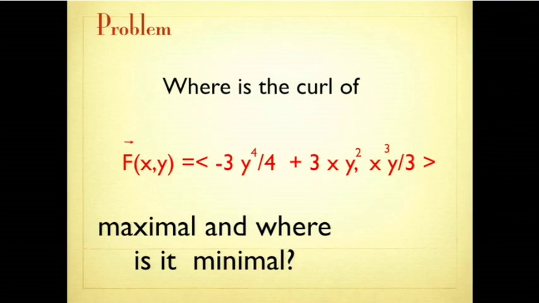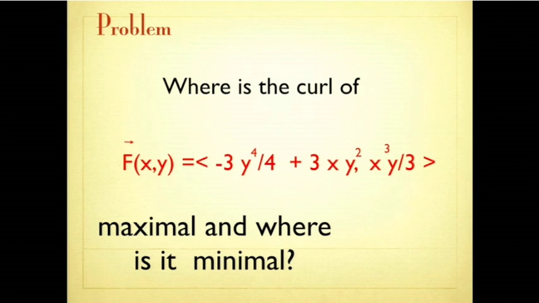So let's just do a problem. By the way, we like to combine a little bit from different areas. Also, this problem is from a later area. We have a curl of a vector field, and we want to find where the curl is maximal. So definitely know what the curl is, right? So first of all, we have to compute the curl to get a function of two variables.